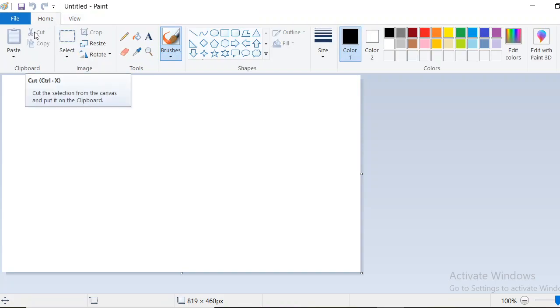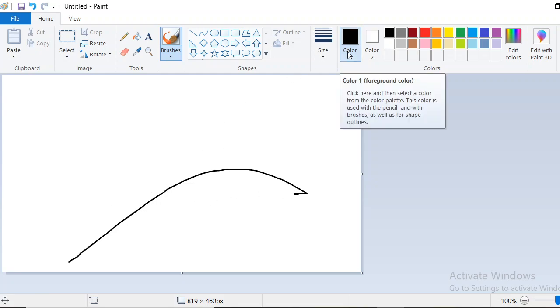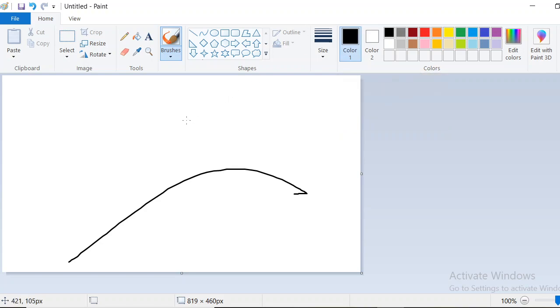Now below this ribbon is one plain area. This white area is where we draw and color. This place is called the drawing area. So these are the components of the MS Paint window: title bar, ribbon, and different tabs: file tab, home tab, view tab. Below this we can see different groups: clipboard group, image group, tools group, shapes group and colors group. Below is the white area where we draw and color, called the drawing area, the white place where we draw the picture.